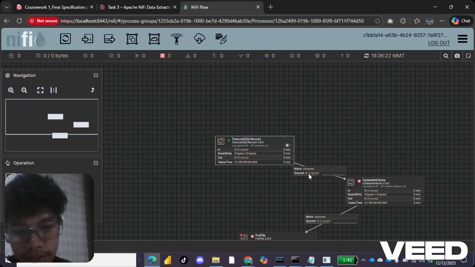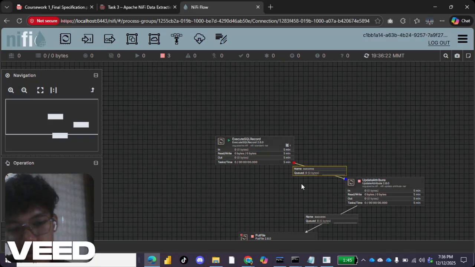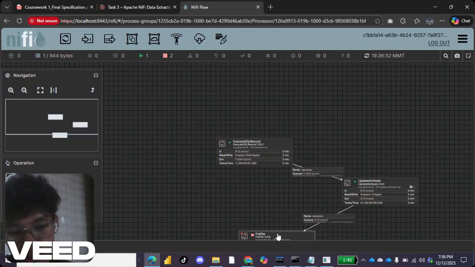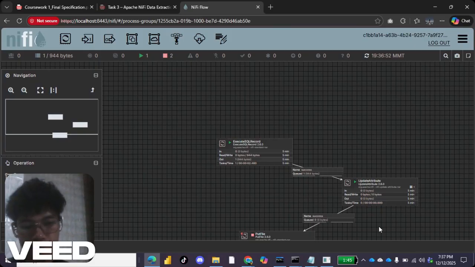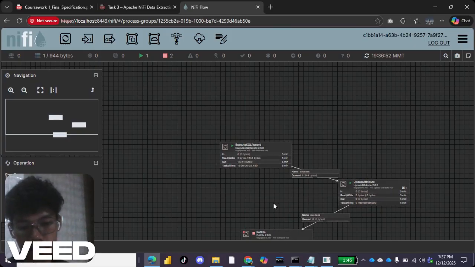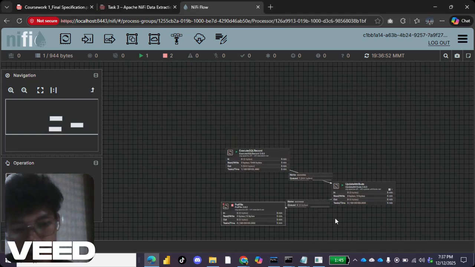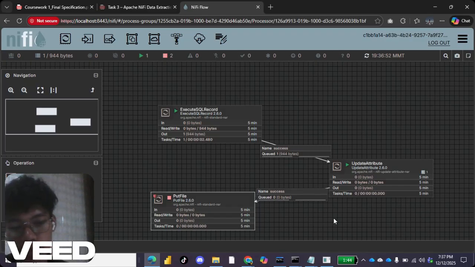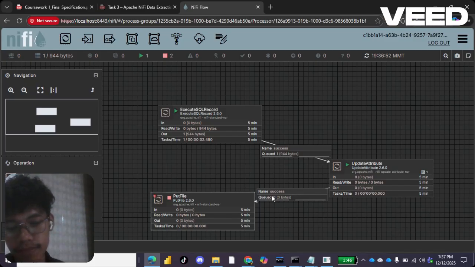You see it's still 0, so don't run the next processor until you see 1. Now you see 1, so just run the next processor.